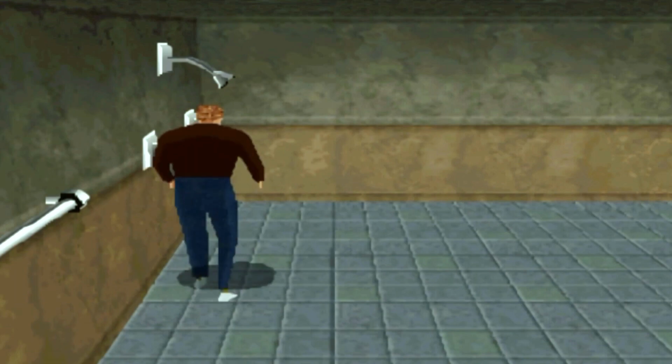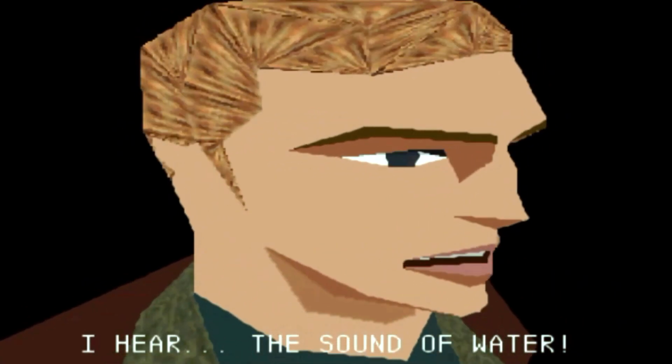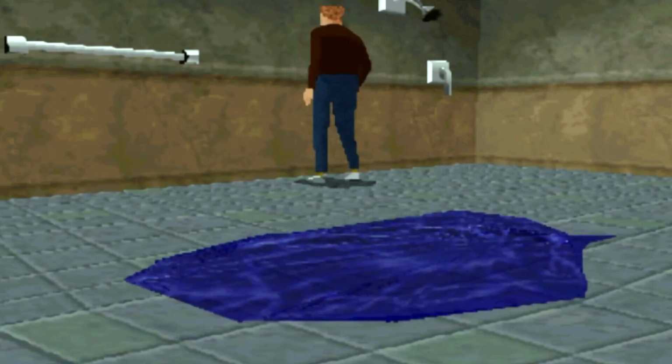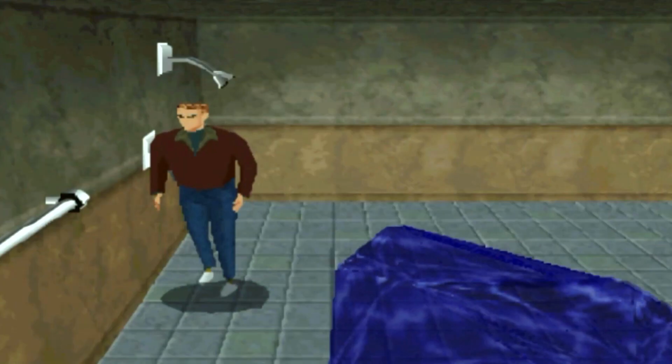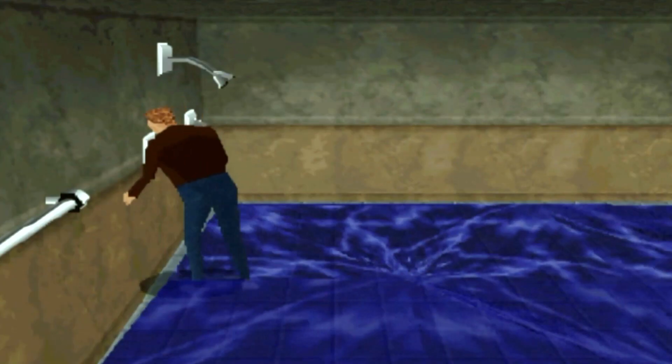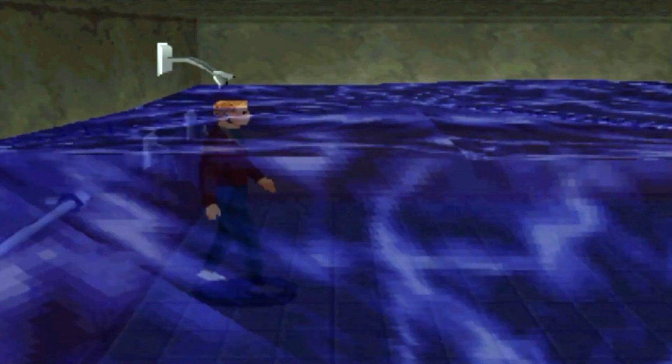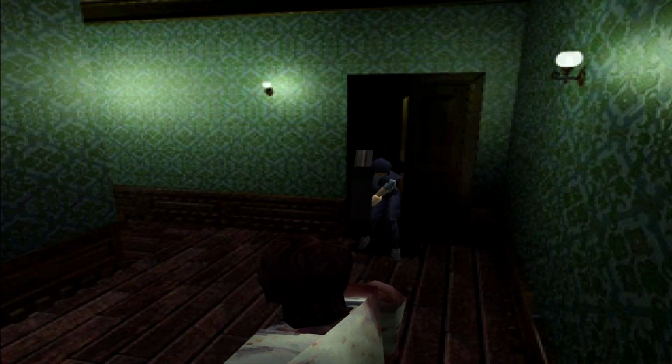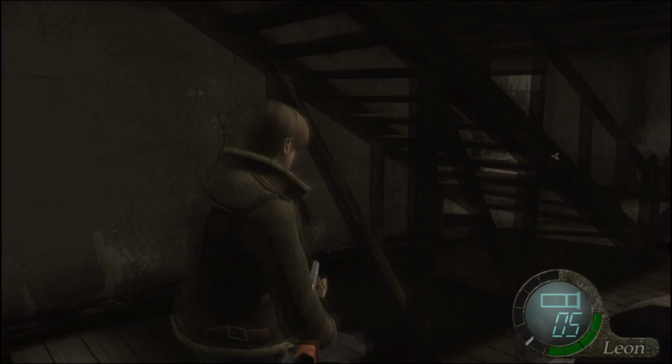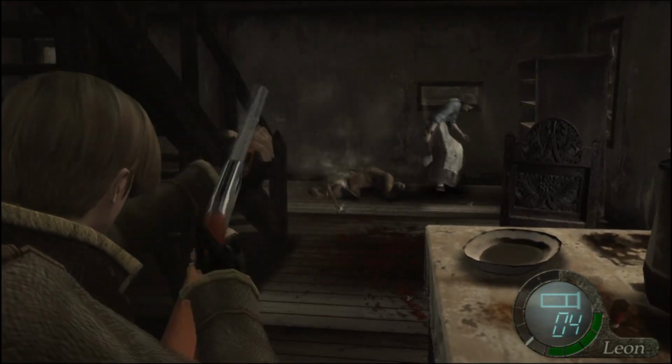The environments and elements in the game are fully rendered in 3D, and the default viewpoint is a third-person perspective, using fixed camera angles that adjust according to the player's position. Rooms are separated by doors, staircases or other pathways that act as loading screens between them. These loading sequences would later be used in the iconic Resident Evil games and would become a benchmark in the series until the transition to more action-focused gameplay with Resident Evil 4 in 2005.